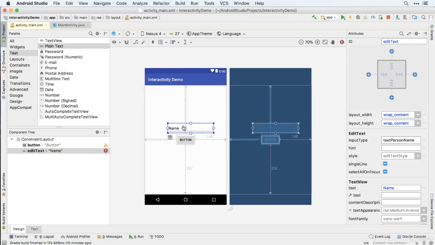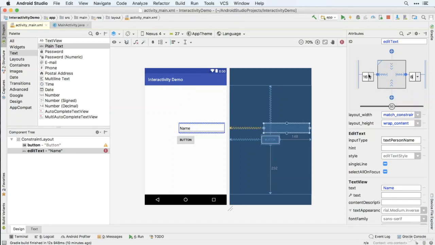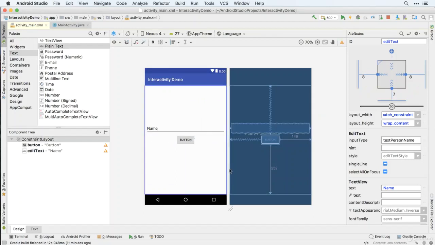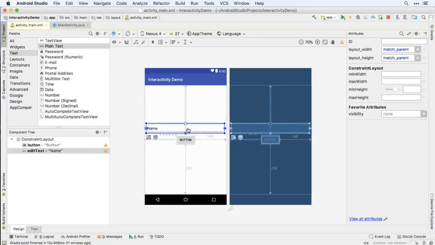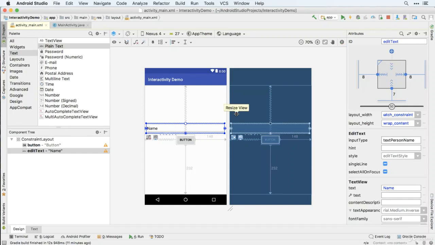So first, I'll make it full width by changing the width to match constraint. And then I'll add in some small margins on the left and the right. And I'll just add a third margin linking it to the button so that it's well laid out. And we're going to need to be able to refer to this UI element in our code to know what